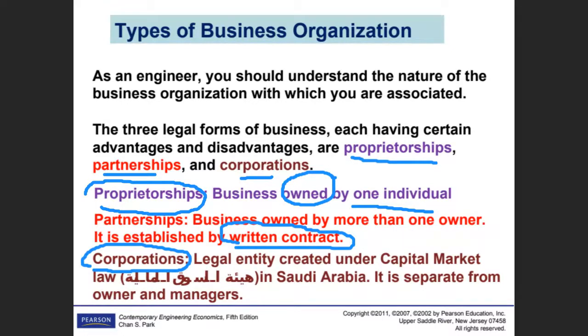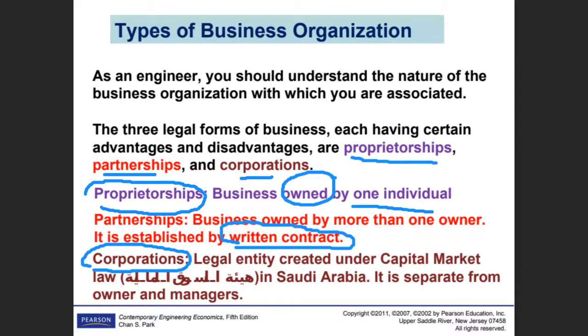Now, what is a corporation? Aramco is a corporation. SABIC is a corporation. Okay. Abdul Latif Jameel is not a corporation. Why is it not a corporation and why is Aramco a corporation? A corporation means, by a very simple rule, that it is available on Tadawul. I know you have an idea about the Saudi stock exchange, or Tadawul. Any corporation which is listed on Tadawul is a corporation.